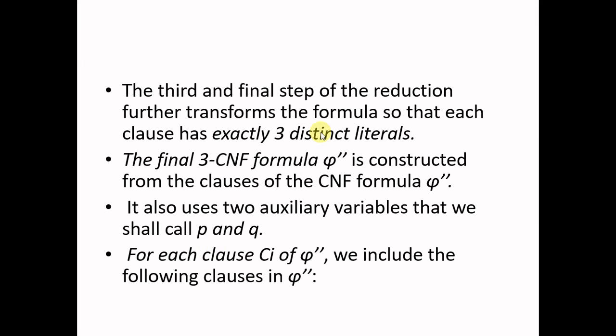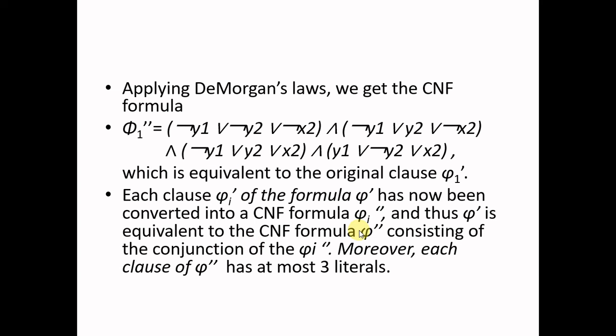So you got this kind of CNF now, and here each clause has at most 3 literals. Now we are trying to convert this into a form where each clause will have exactly 3 distinct literals. The final 3-CNF formula phi